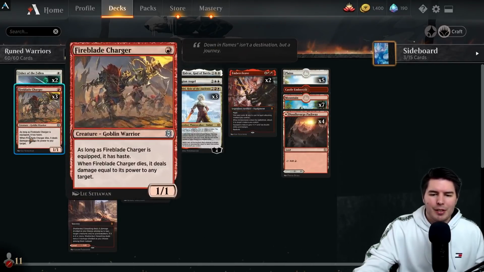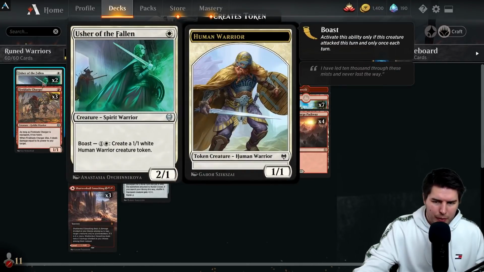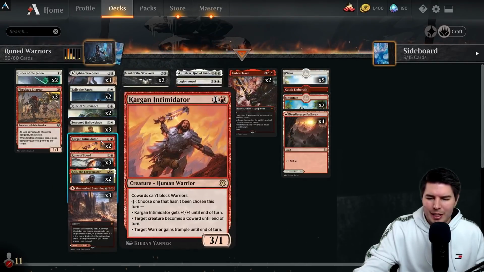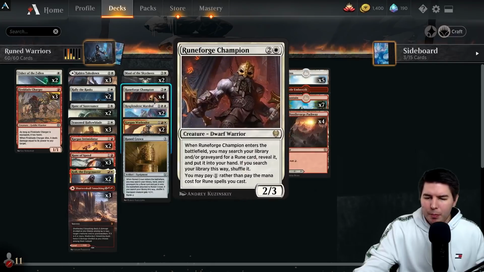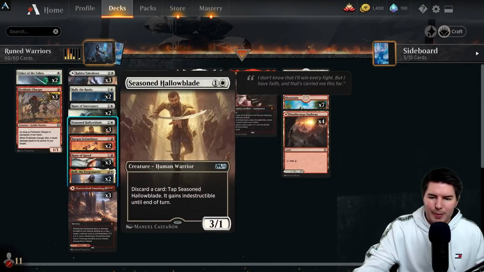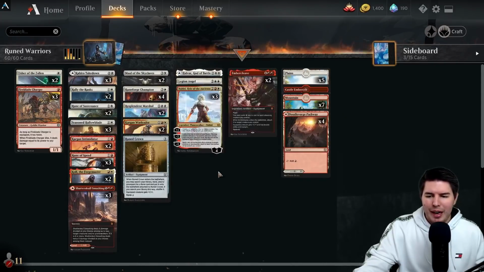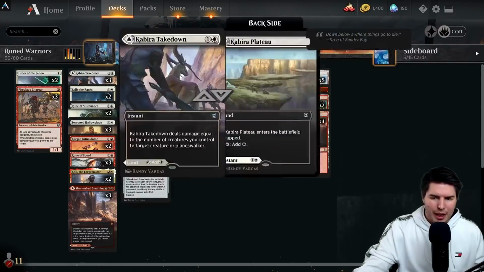I think what you do is Fireblade Charger and Usher the Fallen. I think you want a full play set of each of those. I think then you go Seasoned Hollowblade. I'm not sure you care too much about Intimidator. If you want to keep the Ruin plan, then you keep Runeforge Champion. But honestly, I think it's probably just Rally the Ranks. Maybe these 2 guys, Resplendent Angel, 2 Kargan War Leaders, Nahiris, maybe 1 Legion Angel, and then everything else is